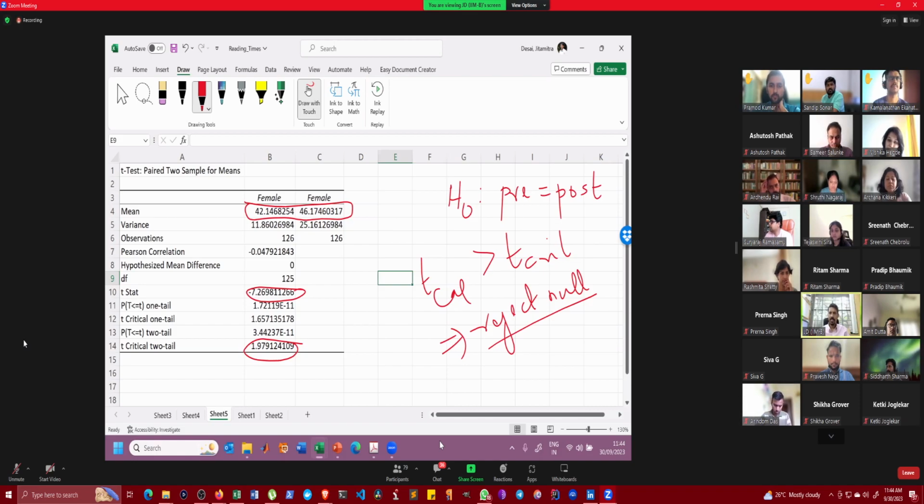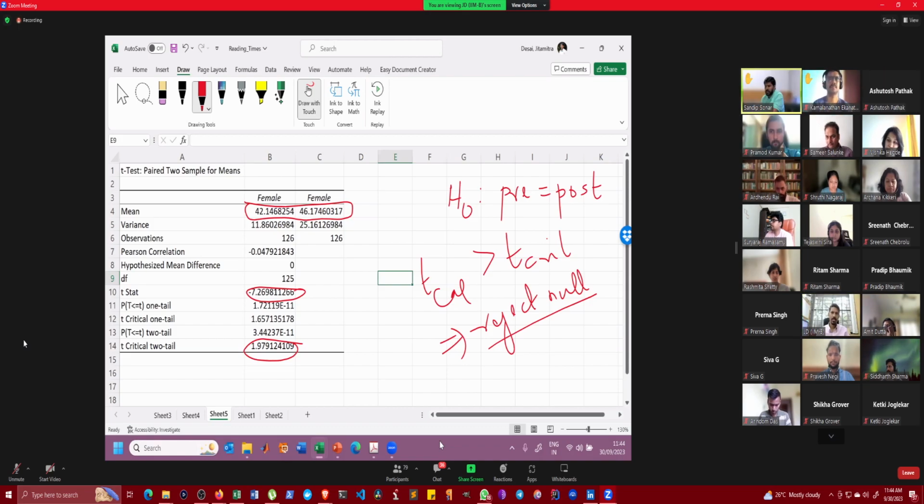That's exactly correct, because I'm comparing the exact same set of people with pre and post. Sandeep? Yeah, so if the sample size is the same and the individuals are the same, then this test can be